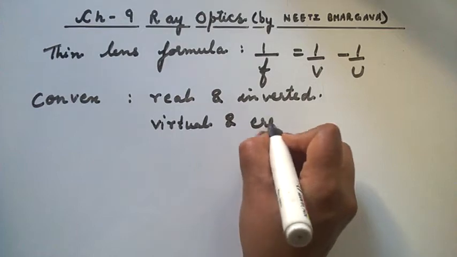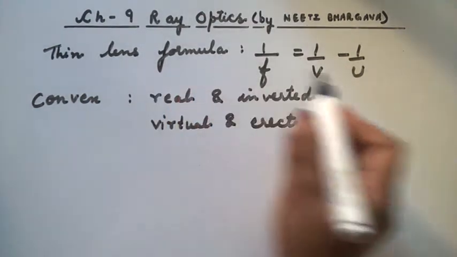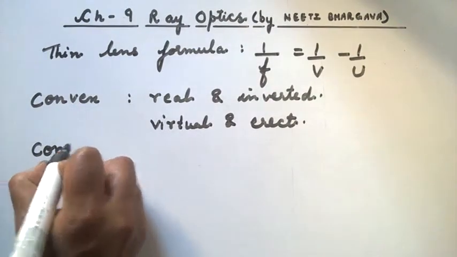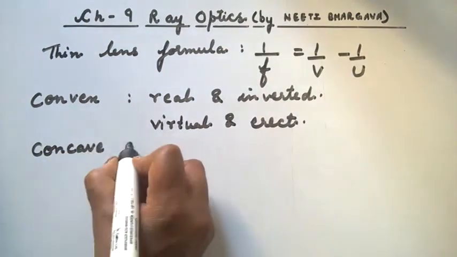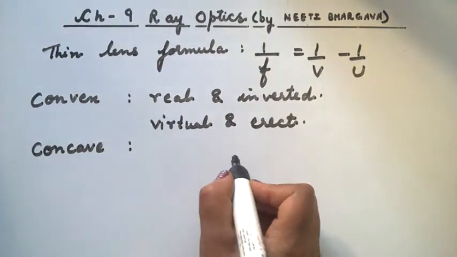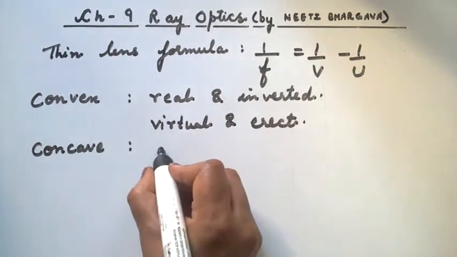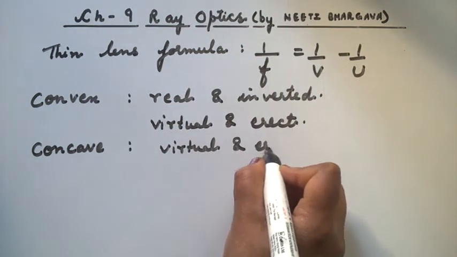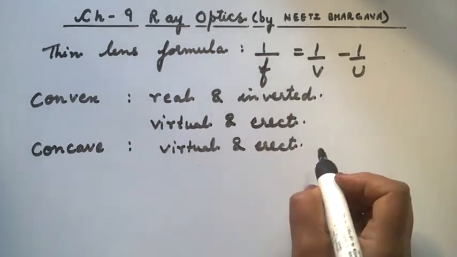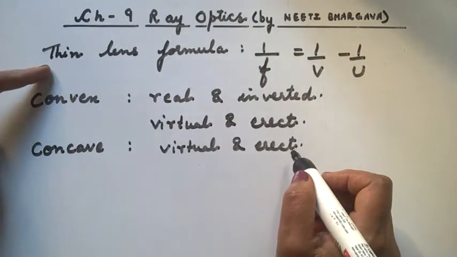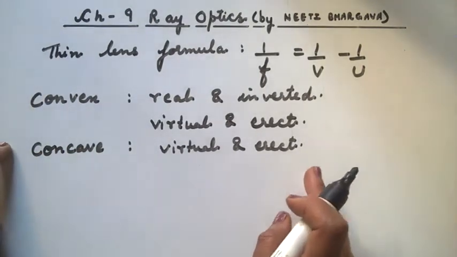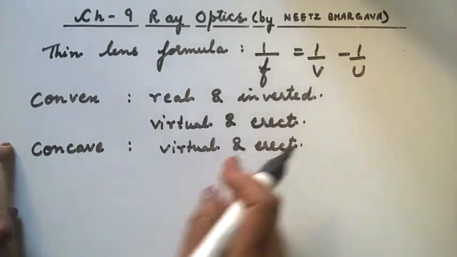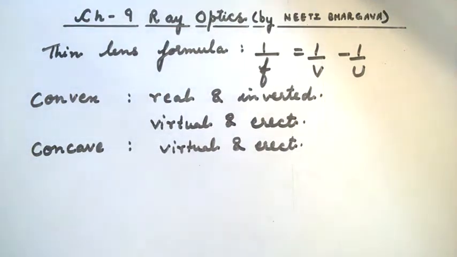So we will derive thin lens formula for both these two cases, and also we know that in case of concave lens, for all 6 positions of the object, the concave lens forms virtual and erect image after refraction. So we will calculate thin lens formula for all these 3 cases and find that it will be same for all the cases or for both convex and concave lens. So let's start.